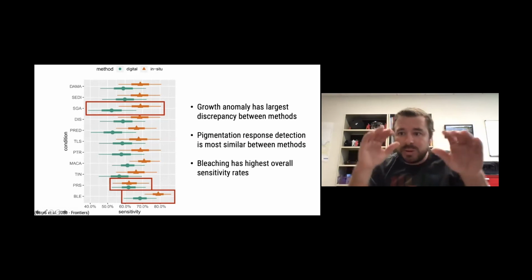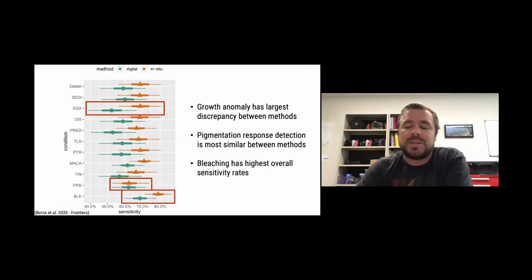It's much easier if you can kind of look around it because it's subtle changes in morphology. Pigmentation response is the same, both methods, because it's a blatant coloration shift. And that's actually picked up very well, if not better, in the images. And for both, bleaching had the highest sensitivity rates, meaning they had the least conflicts between either method because it's,